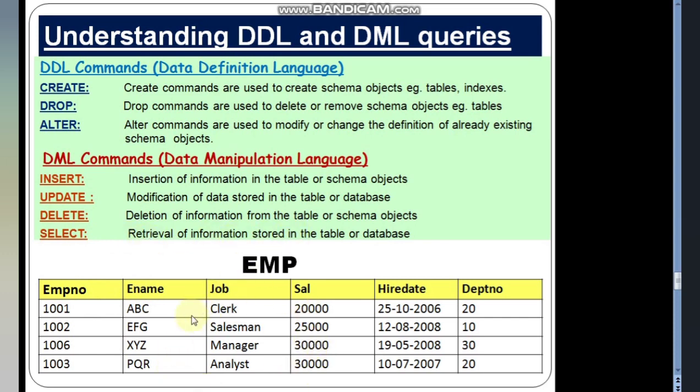You want to see the records or particular fields in a table or particular records from the table. You want to just see or to list or to show. These kinds of terms are used in the question paper also. You will see, write a command to list or to show. So then you will understand that this is a select query. So the select query is used to retrieve information, just to get information from the table. The select query doesn't change anything in the table, right? So select is also under data manipulation language commands.